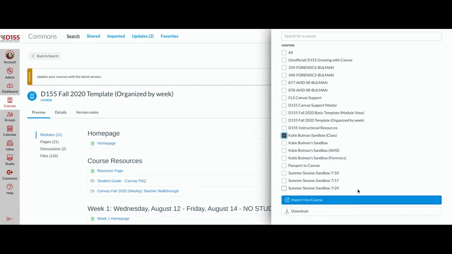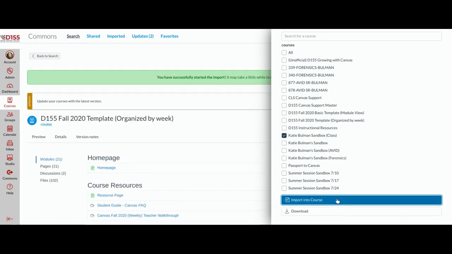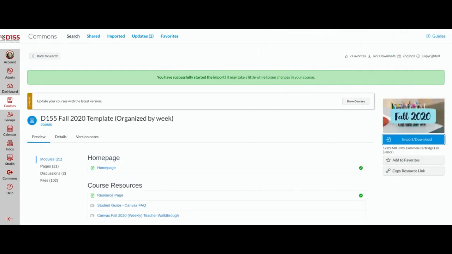button turns blue. If you are creating multiple sandbox courses because you have multiple preps in this semester, you can simultaneously add the template to all of those courses at once. For now, I'm just working in one sandbox course, so I'm going to select that one and import it into course. And if your import was successful, you should see a green banner across the top that says you have